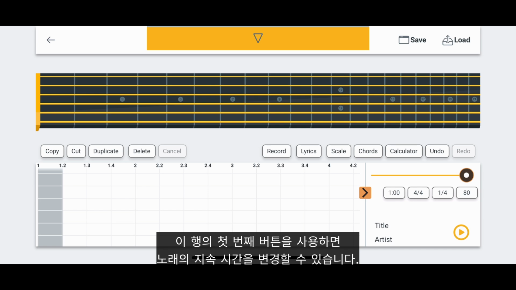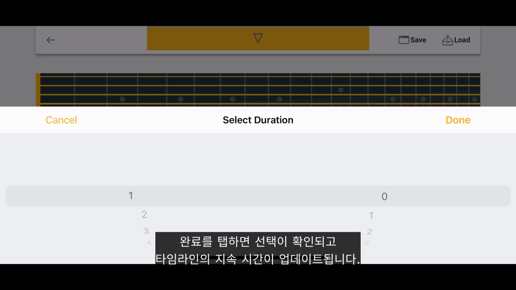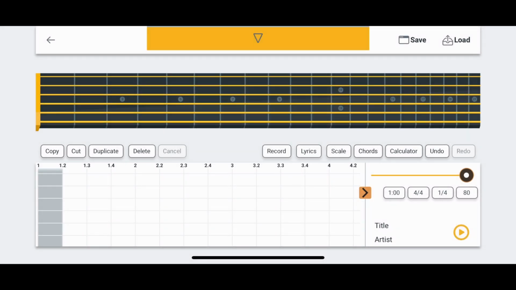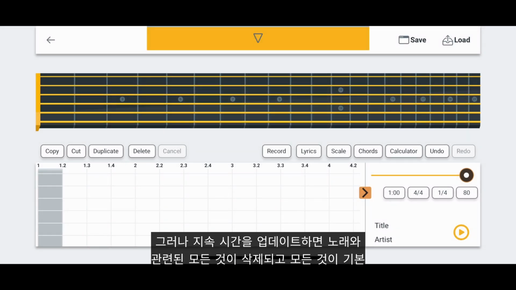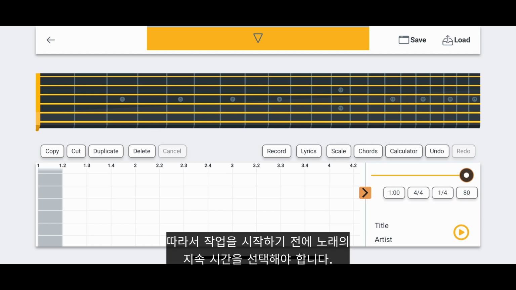The first button in this row allows us to change the duration of our song. We can select how many minutes and seconds the song will be. Tapping Done will confirm our selection and update the duration of the timeline. However, we must be careful because updating the duration will delete everything associated with our song and will reset everything to the default settings. So we must make sure to select the duration of the song before we begin our